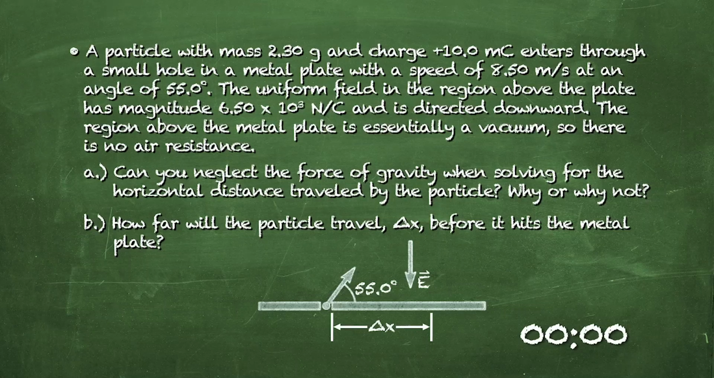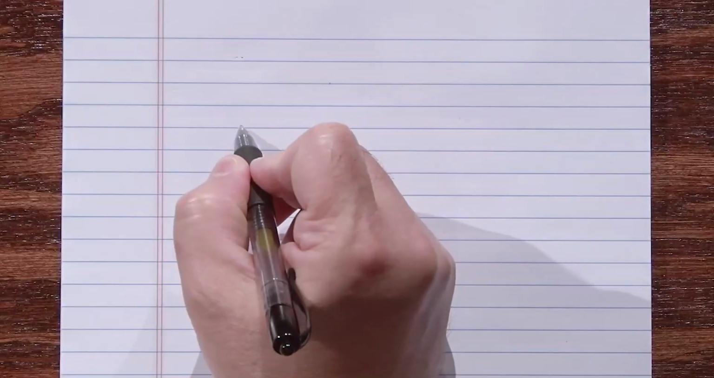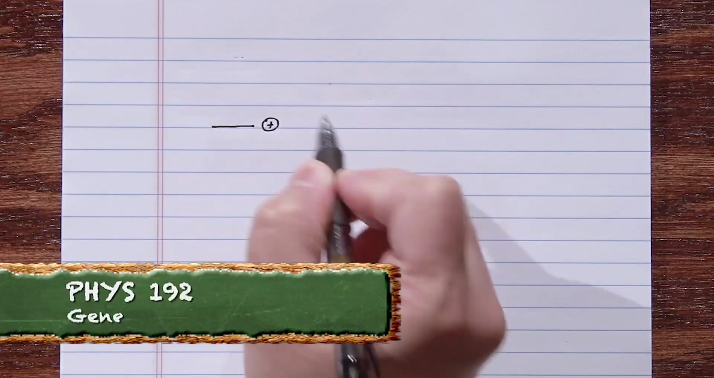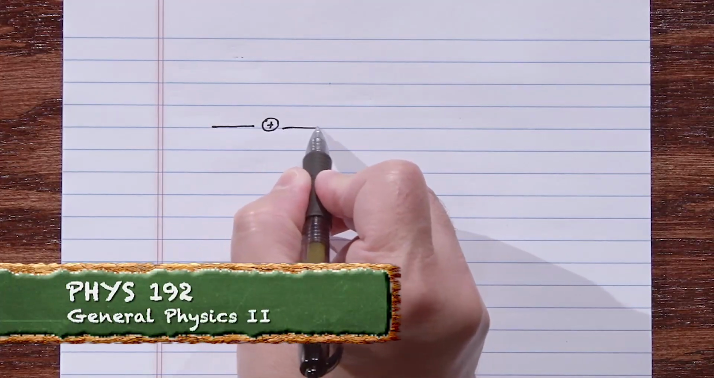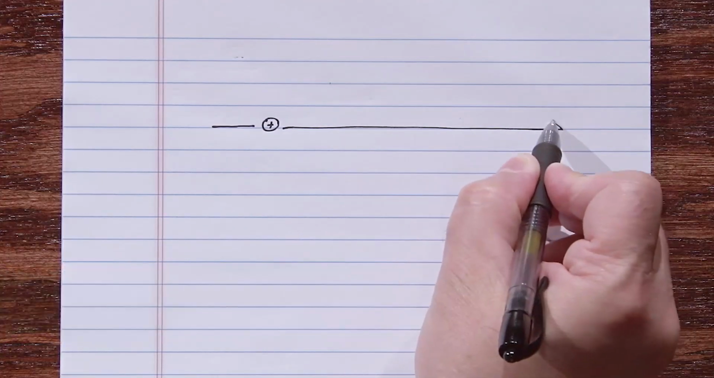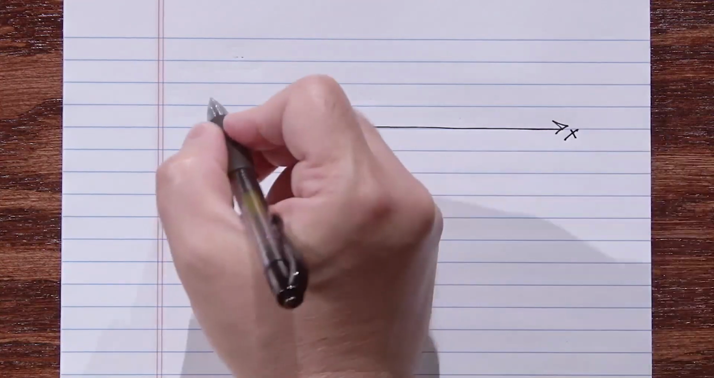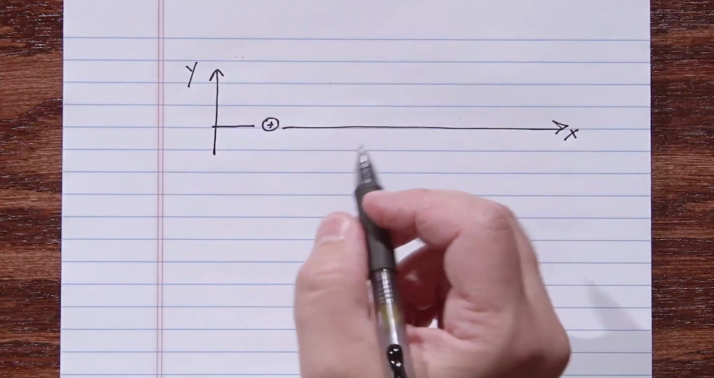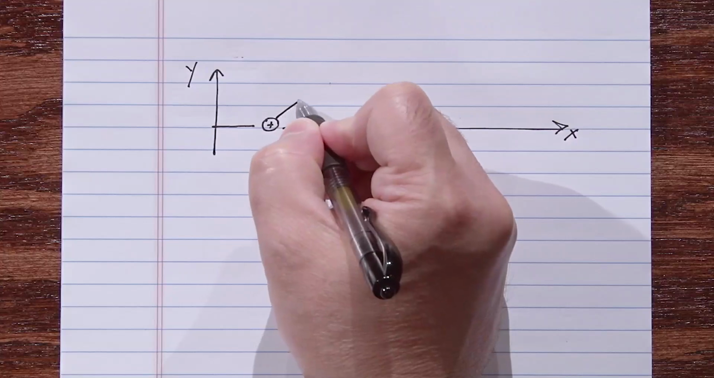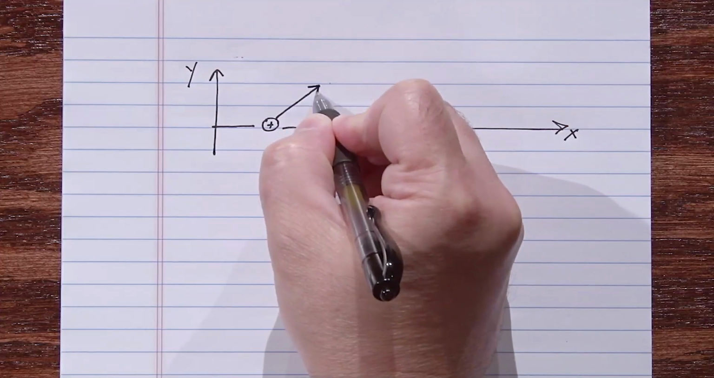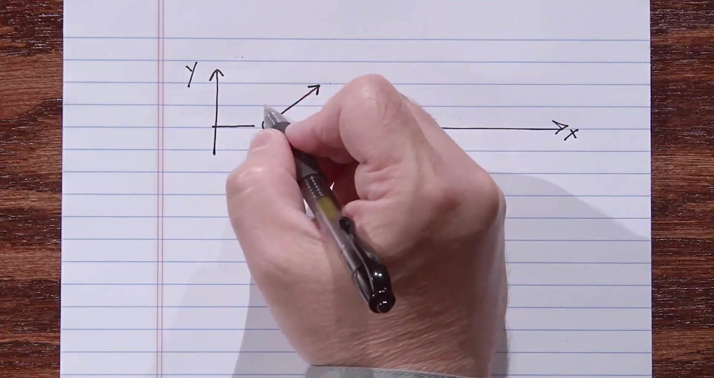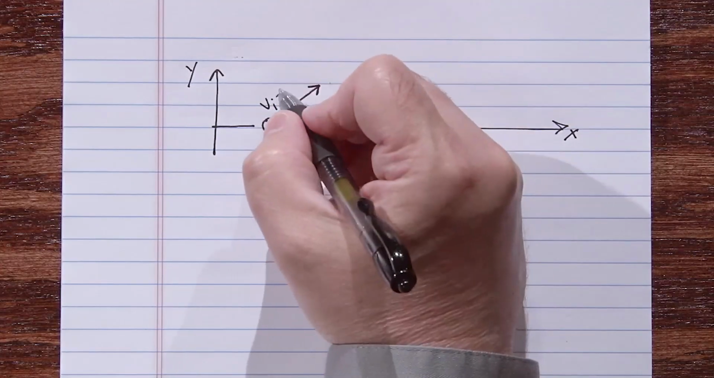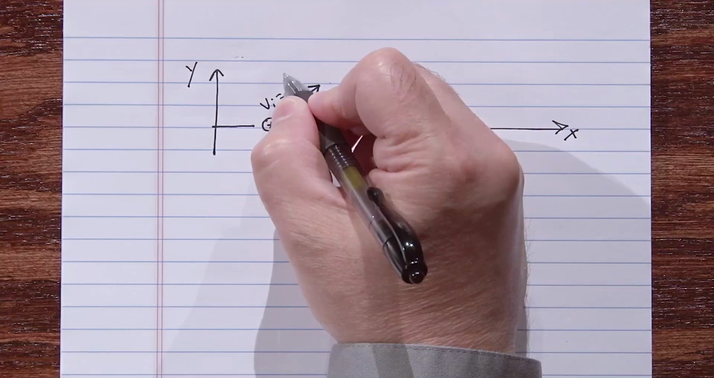Okay, let's reproduce the diagram that we were given. Here's the particle. I'll label it with a plus since it's a positive charge. And here's the plate, which will also make the x-axis. We'll make y perpendicular to that. The particle enters with V initial equal to 8.5 meters per second,